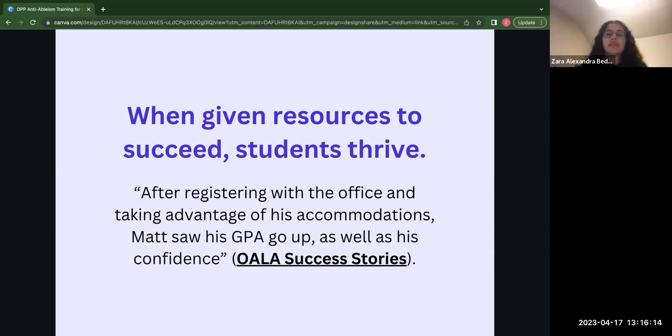He says that the Office of Access and Learning Accommodations, or OALA, gave him the resources and opportunities to learn the way he needs to learn, and his goal of going to graduate school can now be a reality. We support you as instructors to make the most of the accommodation system your school has in place, but you also have the ability to shape your classes to be more accessible beyond the official accommodation system. Give every student equal opportunity to succeed by creating an accessible environment.